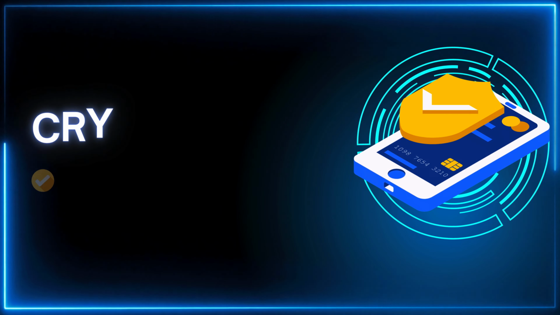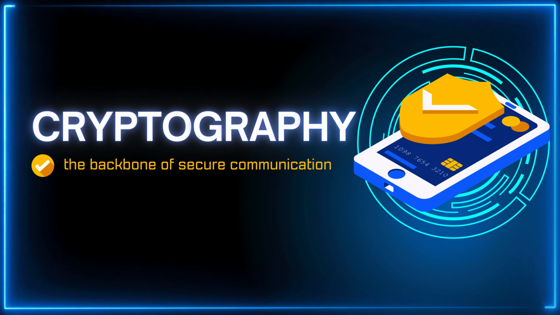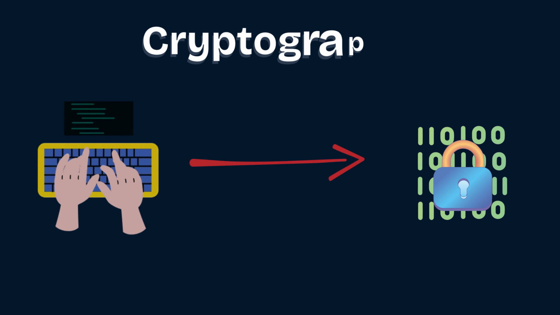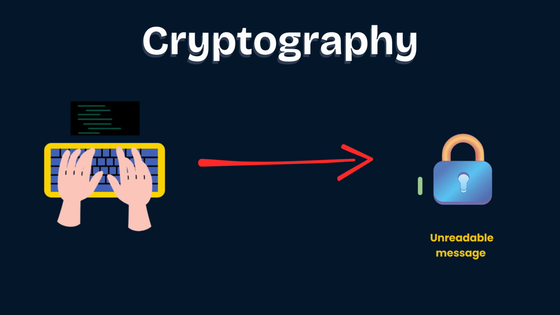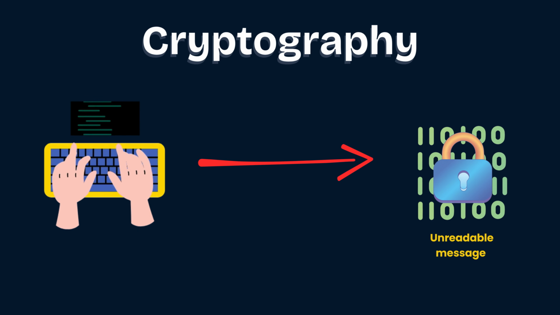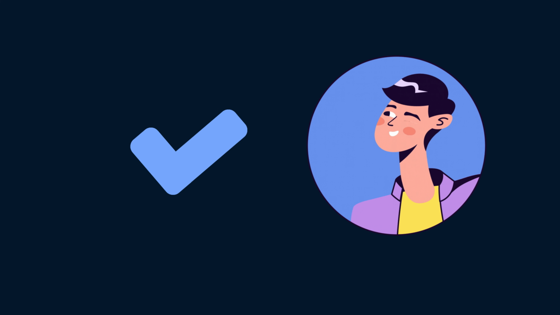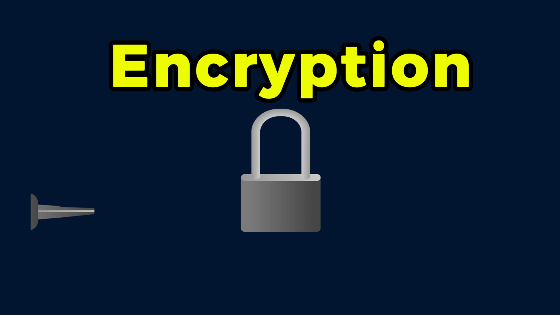Today, we're talking about cryptography, the backbone of secure communication. Cryptography is the science of protecting information by transforming it into an unreadable format, so only the right person can understand it. This process is called encryption, like locking a message in a box that only the right key can